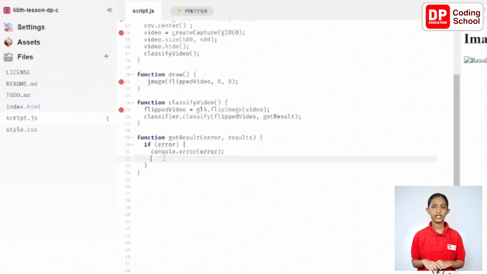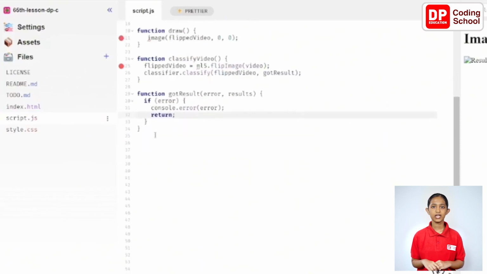Next, if the prediction is successful, create the necessary array to give the result. Create a variable called label in the 35th line and type label = results[0].label;